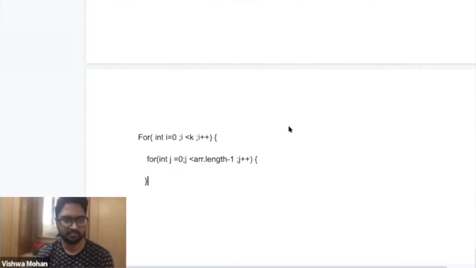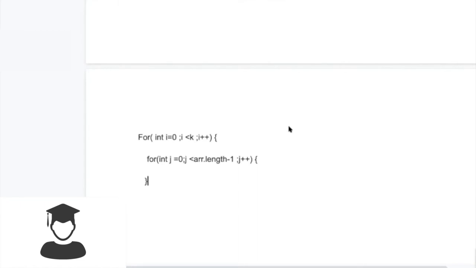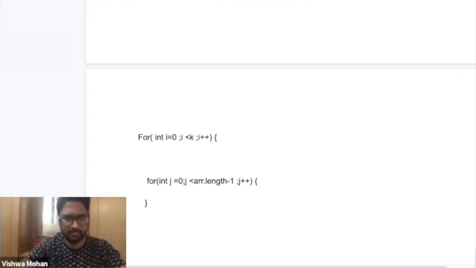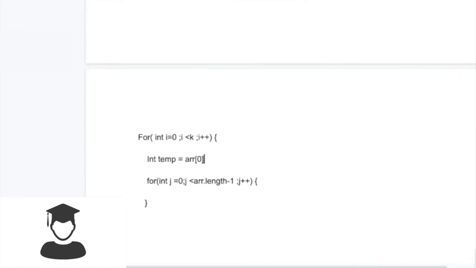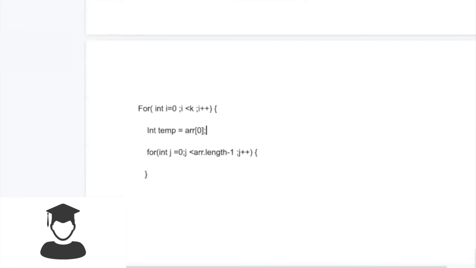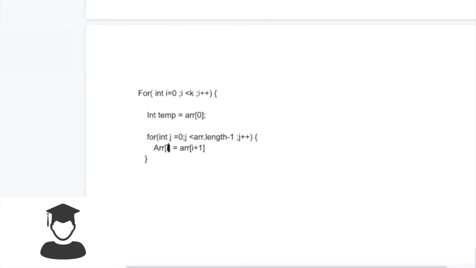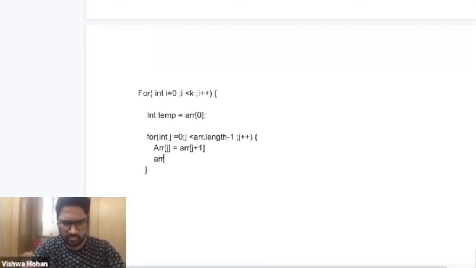Yeah, so I feel like we can take a temp variable and store the 0th position value there. After that, we are going from left to right, one by one. So array of i is equal to array of i plus one, and then in array of i we'll use the temp variable. Array of j, you meant, yeah. And then use the temp variable in that. Here you want me to write array of j equals temp.